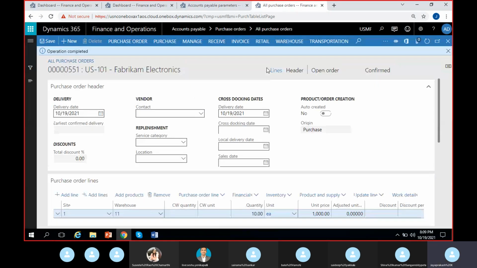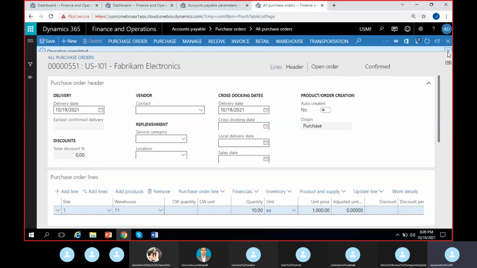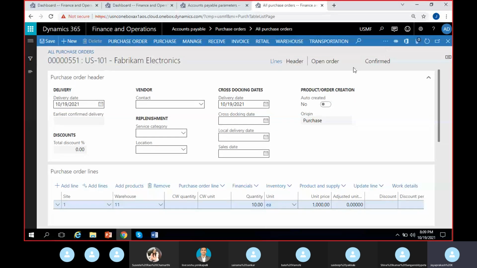It's taking a long time for confirmation. Finally, it's confirmed. So the next thing is not receiving goods. Before receiving goods only, you have to generate a prepayment invoice and make a payment, right? So you have to make payment to the vendor. That's our agenda. Before we receive the goods, or before the vendor delivers the goods, we have to make some